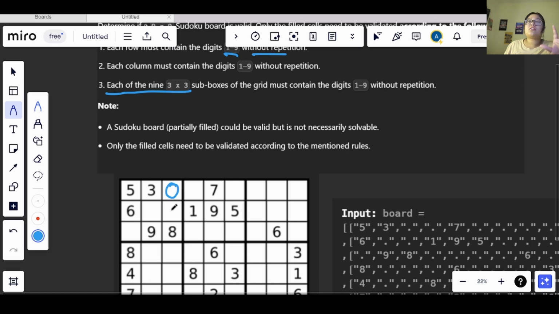So it is not necessary that this Sudoku is solvable, so you don't have to get into that. You just need to check the rules and verify according to that if the Sudoku is valid or not, okay. After that we have been given one more note, that only the filled cells need to be validated, okay. According to the rules we need to only check the filled elements which are present, okay.